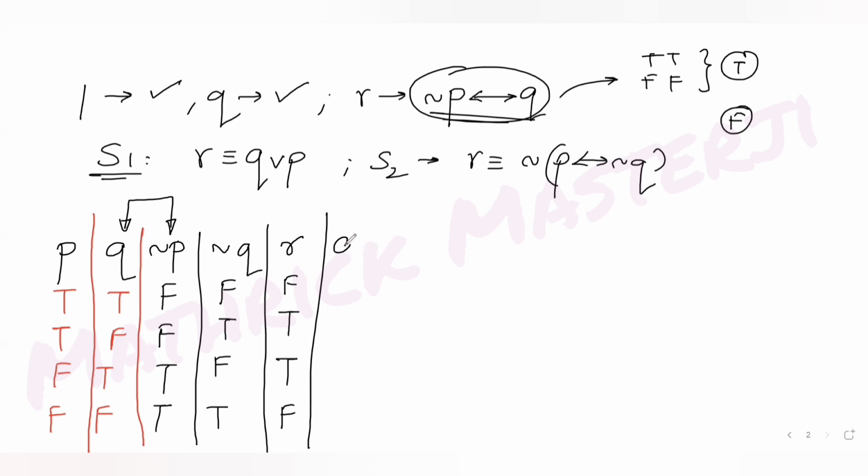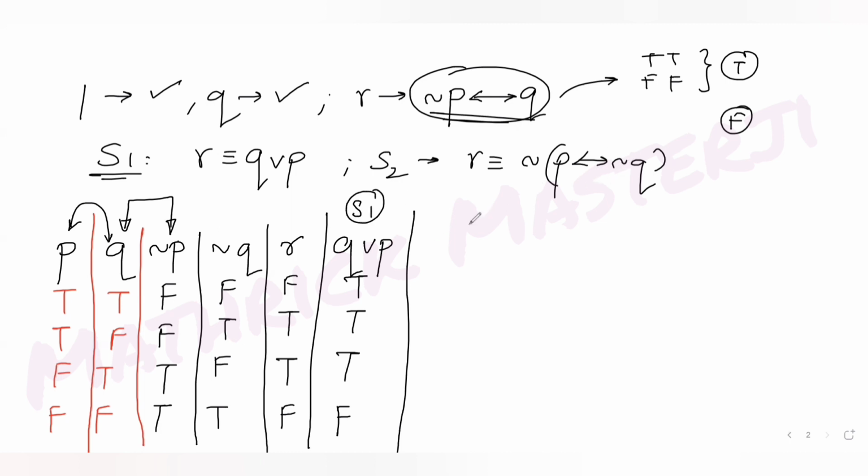Now if I just use the idea of Q cup P, so Q and P, if I cup it, I know if both are F, then it is F, otherwise T. So I get T, T, T, and F. So you get this. And from the statement 2, if I see R is negation of P